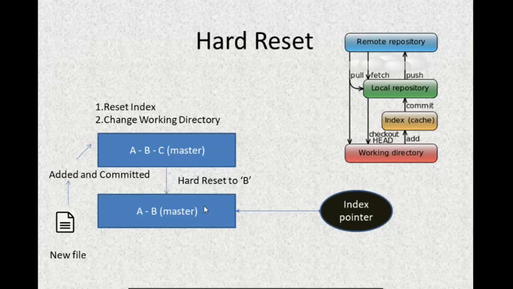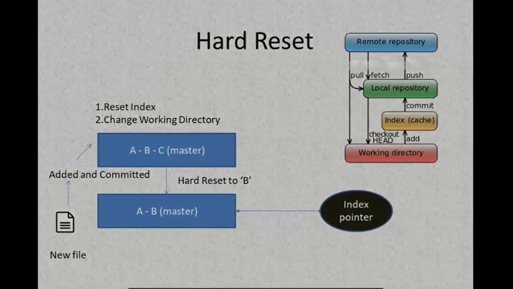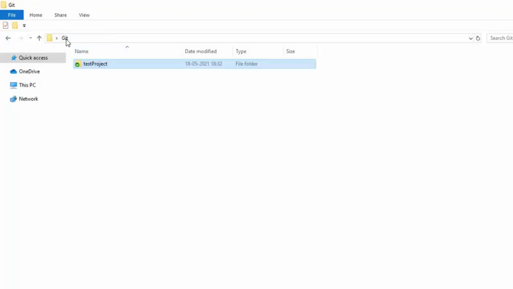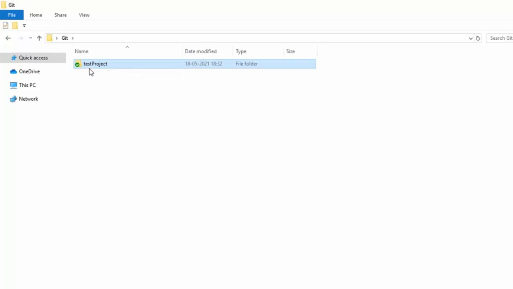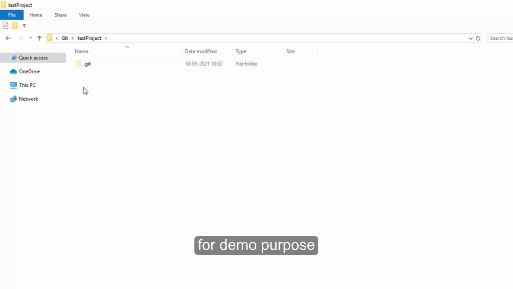And now next we will see a demonstration of how it works. Here is the Git project that I cloned from remote for demo purposes.